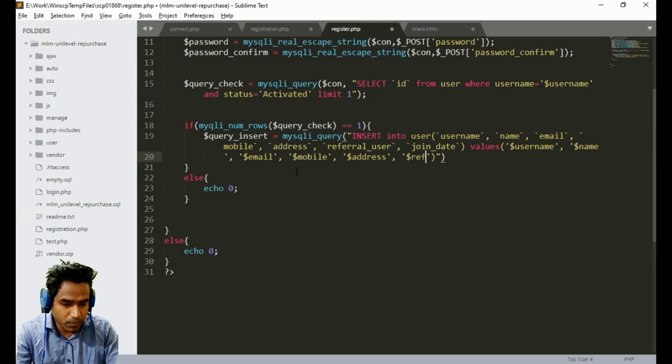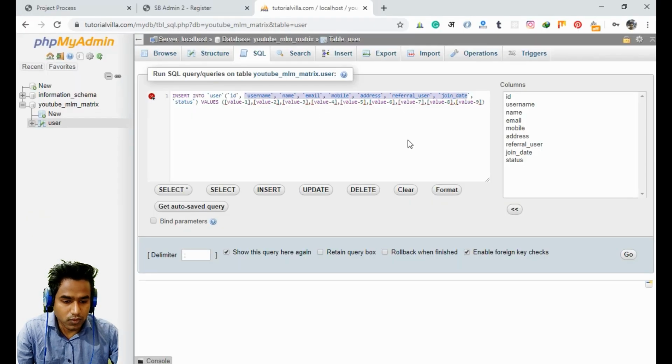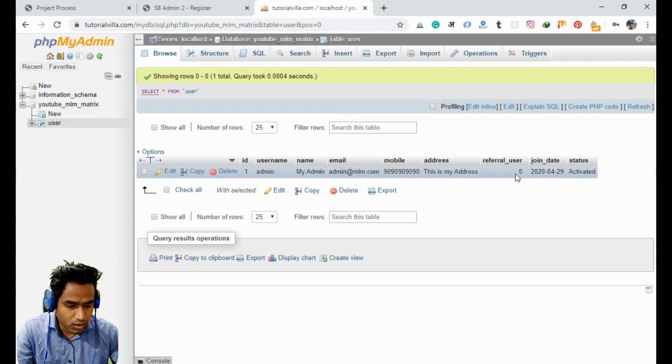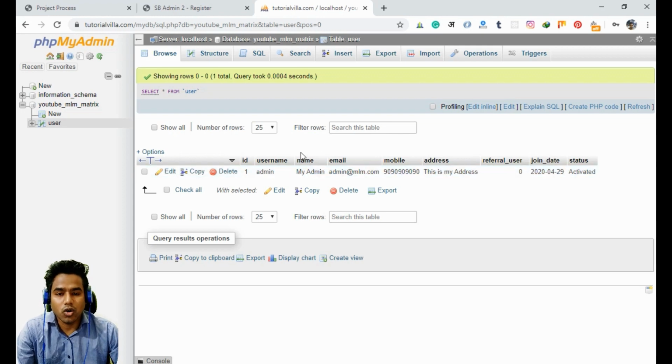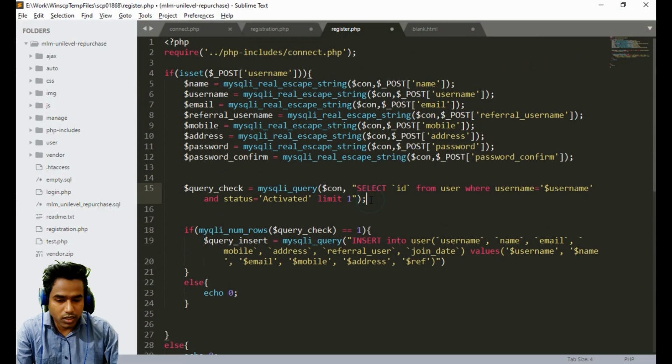referral username. Okay, not the referral username, we have to insert the referral ID of this referral user, because we stored the referral user as an integer for the sponsor. If we come here, you can see that referral user is an integer value. For this we have to access the user ID of the sponsor account, of the sponsor username. So here is the SQL query, and from here we can get the information.